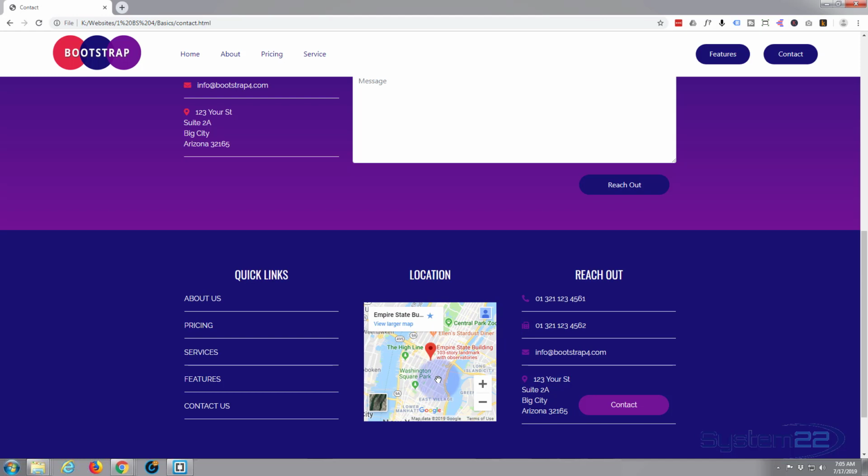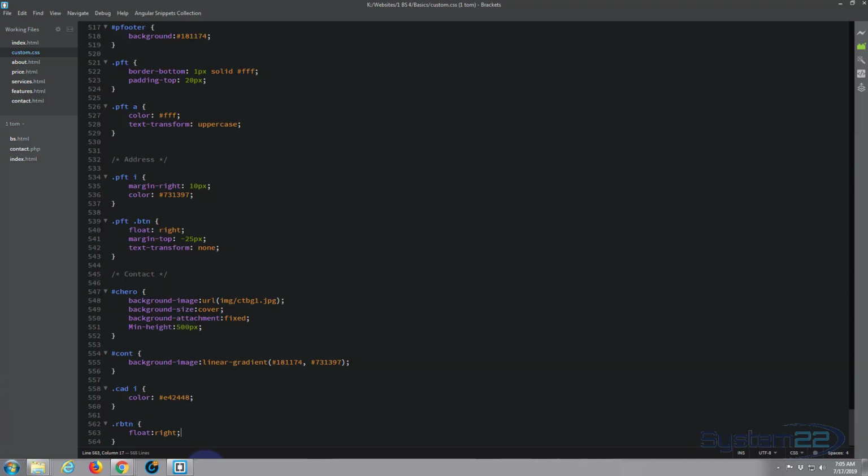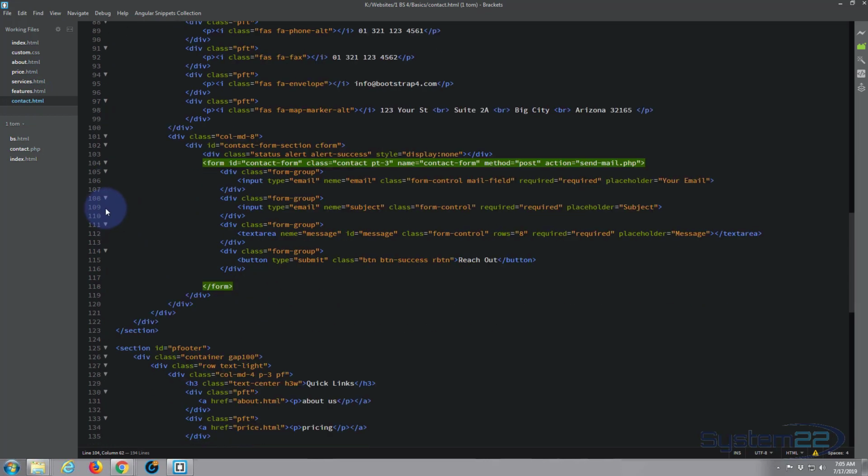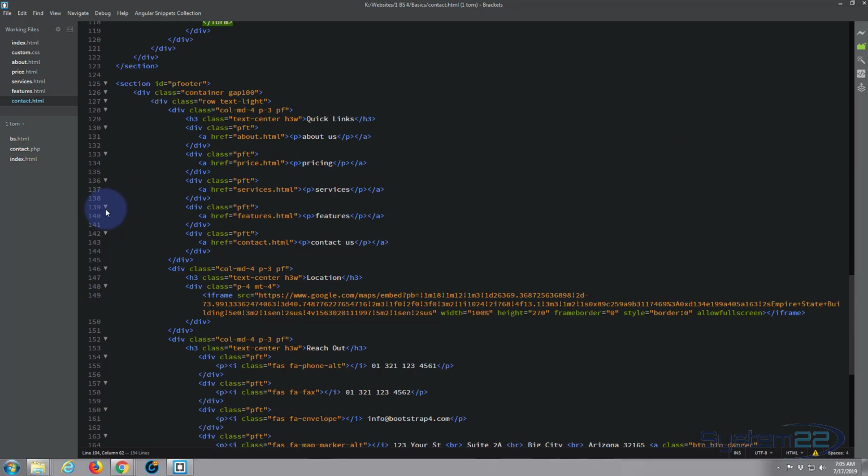I'll do it the easy way, then I'll show you exactly how I did it. Let's go back to our page, and we're kind of lucky because if we go to our contact page, we've already got our map, and like I say, I'll do this the easy way. We've got a map right here, and this should work because we gave it a width of 100%, so whatever container we put it in, it should stretch 100%, and a height of 270. I might want to make that a bit bigger, but what I'm going to do is grab this whole iframe right here, and don't worry, we'll do this from scratch as well. I'm just going to show you the easy way. Control C,